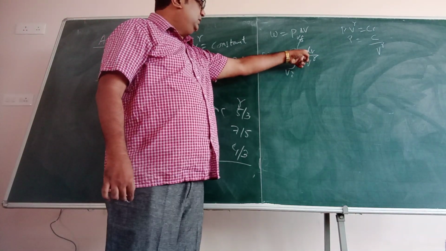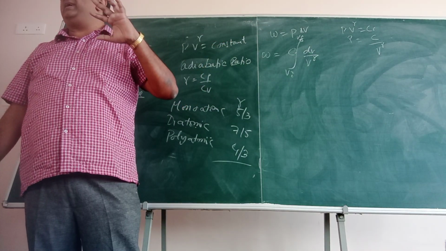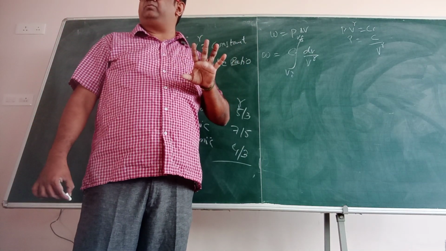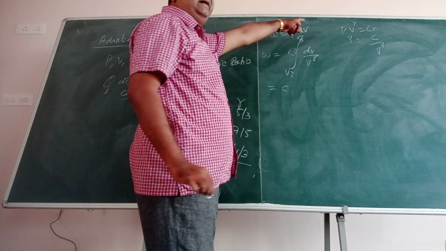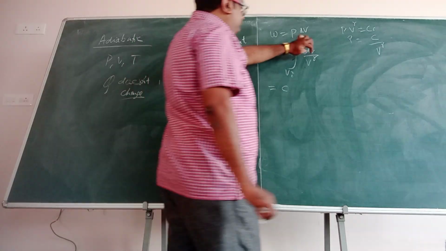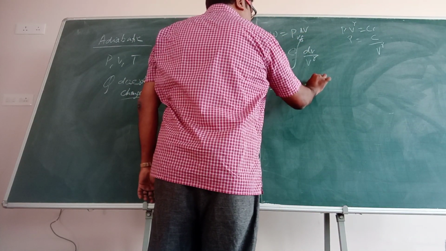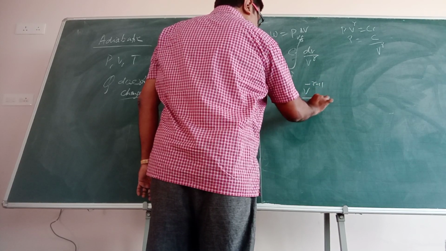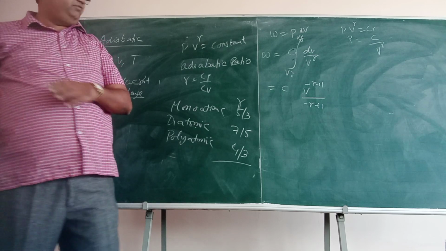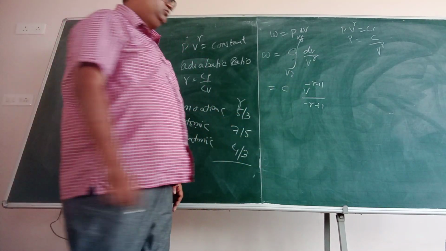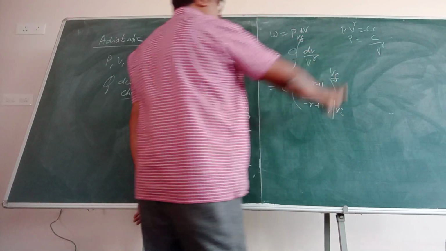So what is this? It is 1 divided by x power n. You know what is x power n integration? X power n plus 1 by n plus 1. So when you solve it, this is V power minus gamma. This becomes V power minus gamma in the numerator. So what will be your answer? It is minus gamma plus 1 by minus gamma plus 1. X power n, no? In the place of n here it is minus gamma. So you have to put V initial to V final.